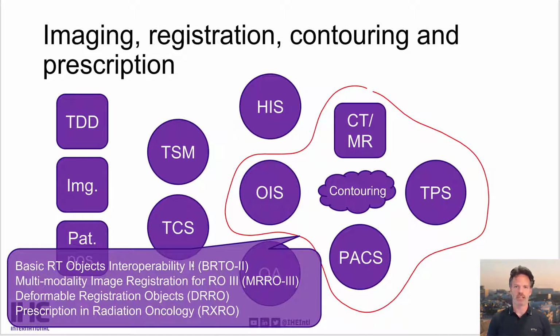As I mentioned in the example, those are also, of course, part of radiology, but here the profile defines the content that is necessary for radiation oncology. And this is a content profile. There's multimodality image registration objects for radiation oncology, also a content profile defining how different images should be registered and referring